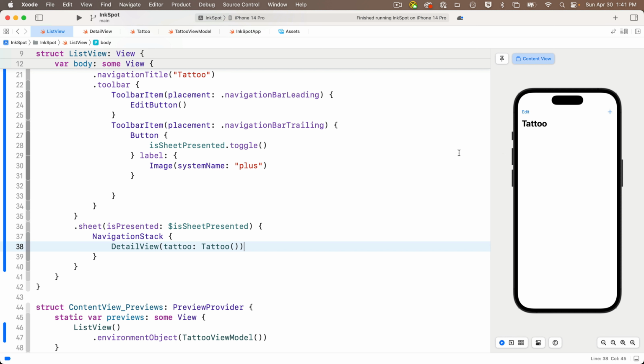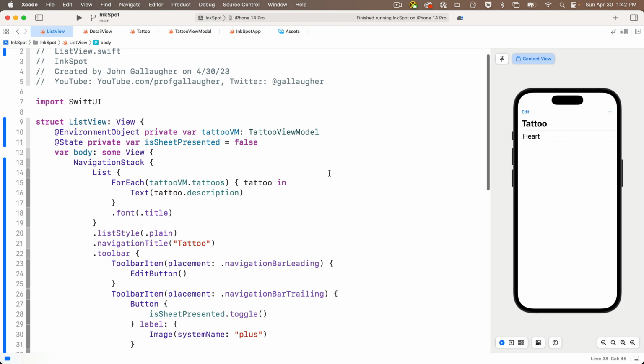So we'll press on the plus button. We see our sheet presented with a new tattoo. There's nothing in here. I'll add the heart tattoo in the location of the left arm. Note says, love you, mom. Let's save this. And it shows up in the list view. Nice. So adding a new tattoo is all set up,